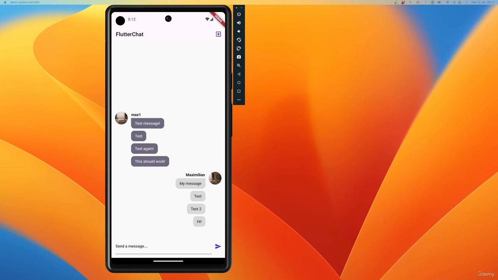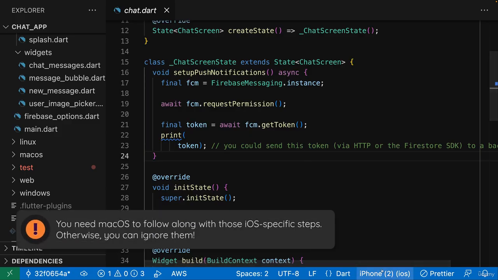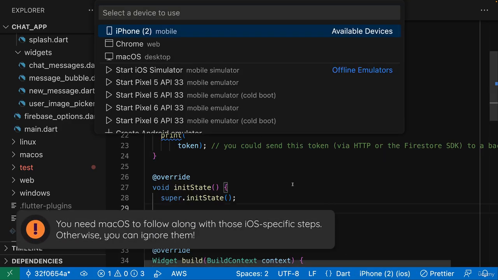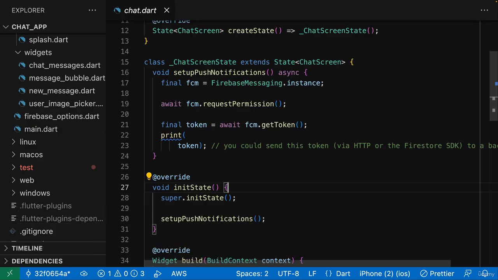You can also test this on iOS, though there, as mentioned, you will need to use a real iOS device, for example, a real iPhone, to test this. So here I connected my iPhone to my Flutter project. And to make sure that running this app with push notifications enabled on that iOS device succeeds, there are a couple of steps you should go through before trying to run this app on a real iOS device the first